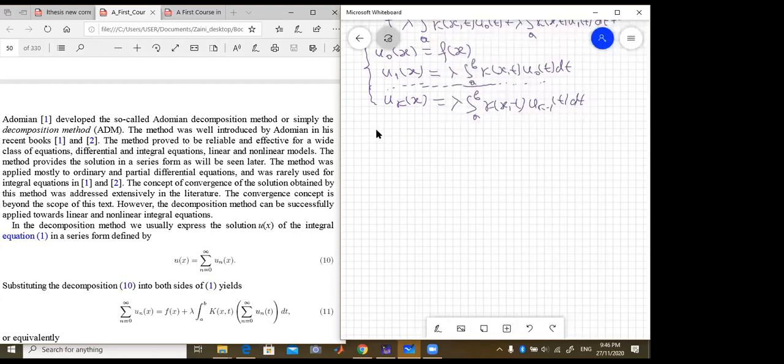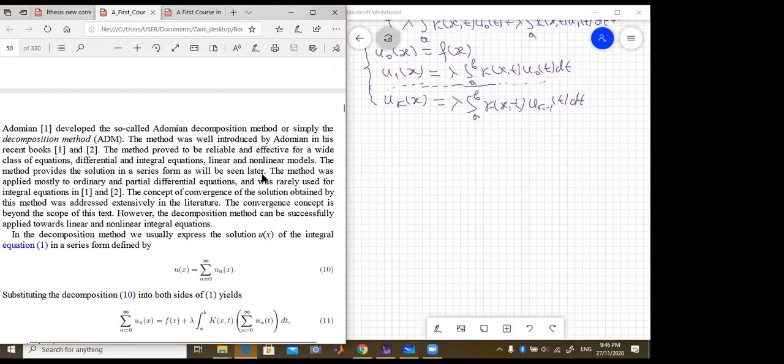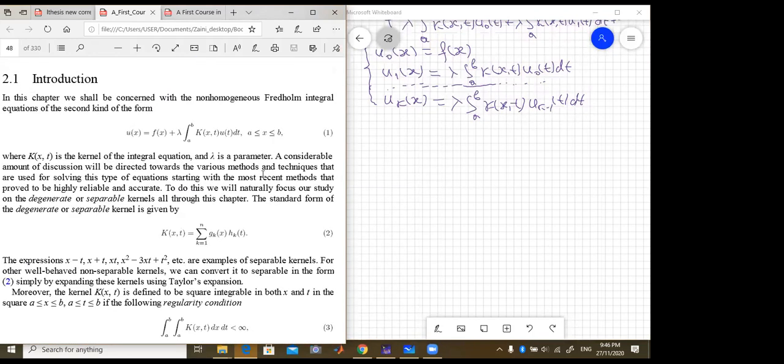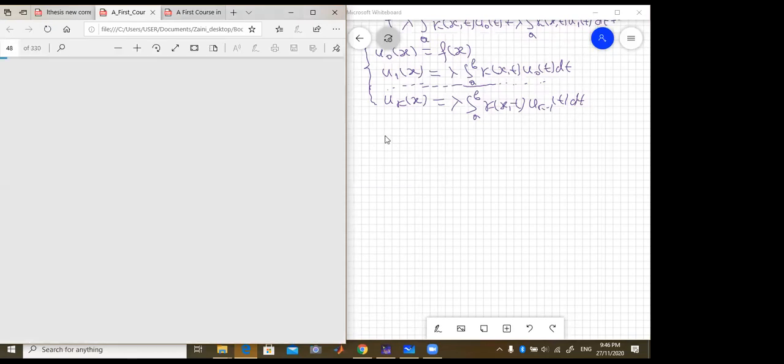Okay, in the modified one, we have the same equation. I just show the main equation here. So our main equation is here. This is equation 1. So here, what I do,